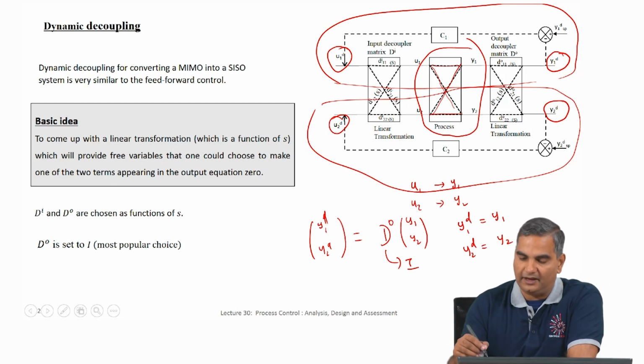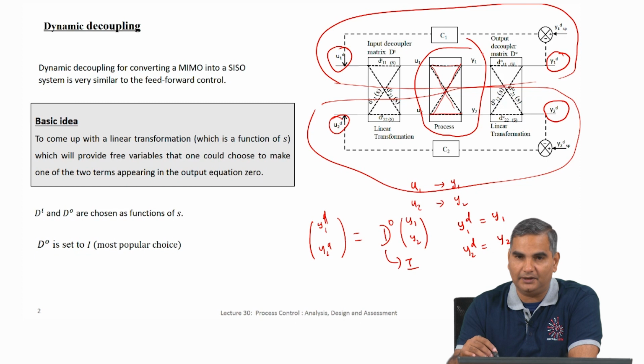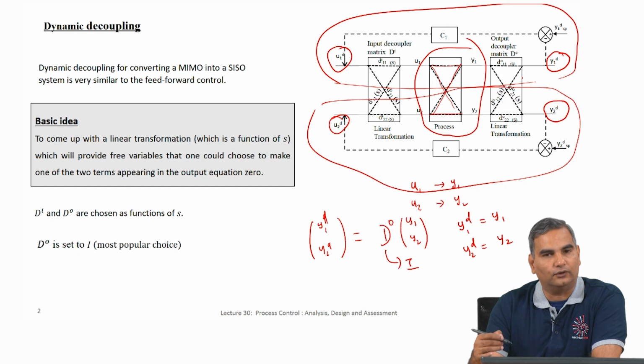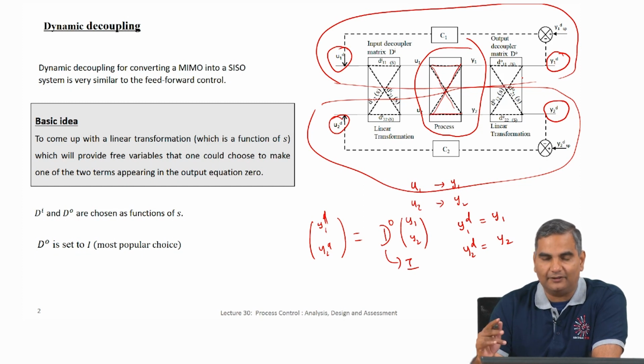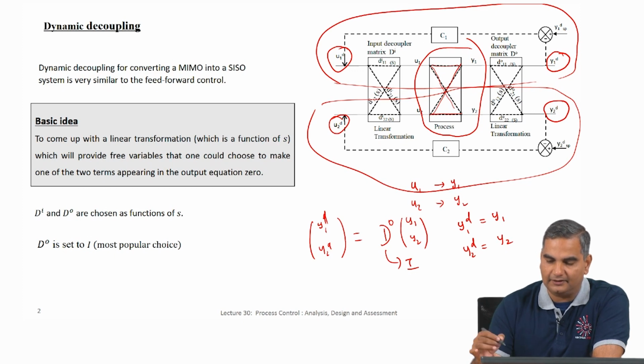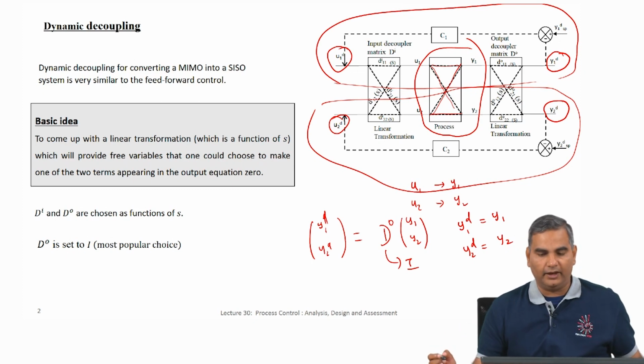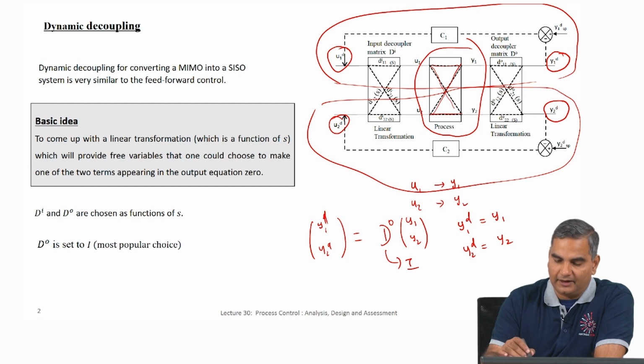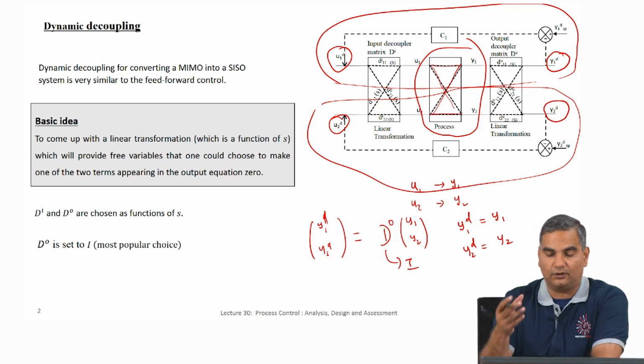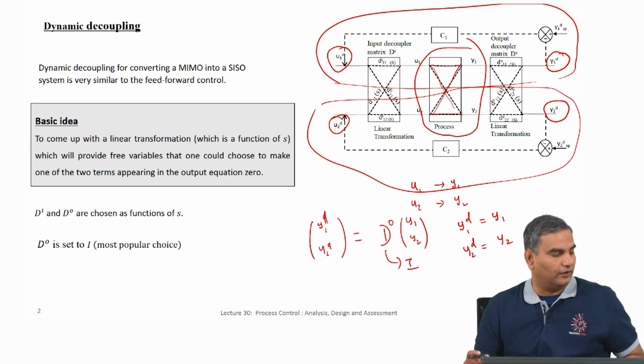So basically what we are saying is there might be reasons and there might be cases which are more advanced where you might actually choose a D output so that it makes some things better. But as far as the simple cases are concerned, we can simply set D output equal to I. Basically that is equivalent to saying y1 is y1 decoupled, y2 is y2 decoupled. Now also notice there will be a transfer function between y1 and u1 and u2, and there will also be a transfer function between y2 and u1 and u2. So there are 4 transfer functions which are the true transfer functions which have already been identified. So we will use that.